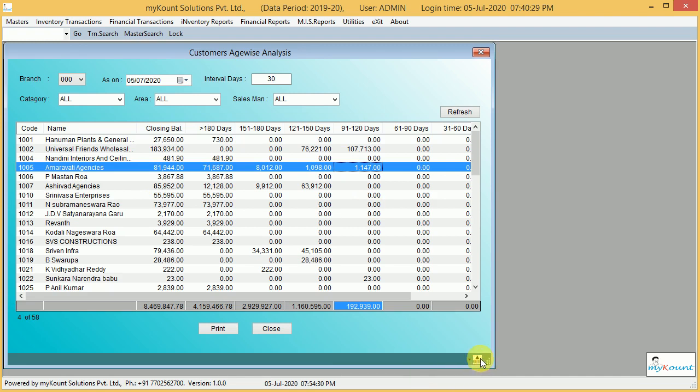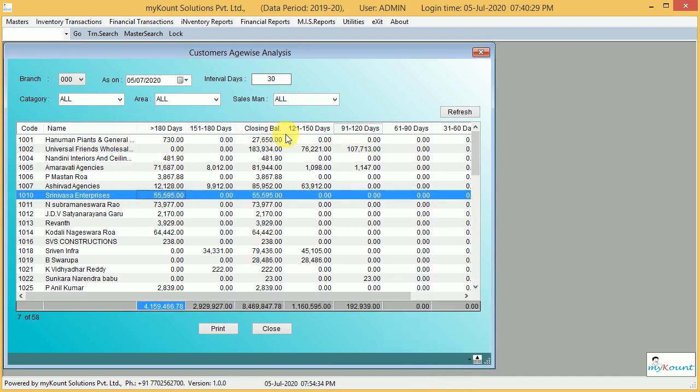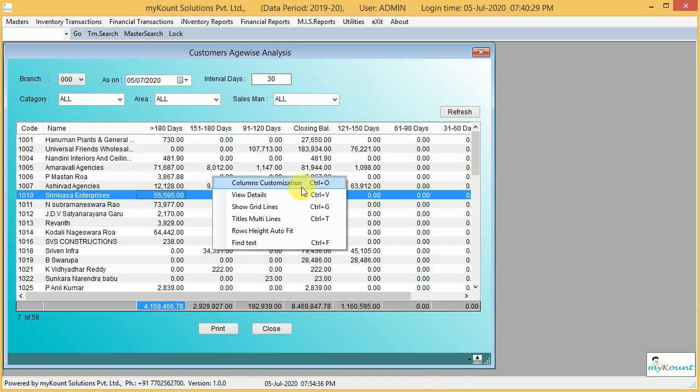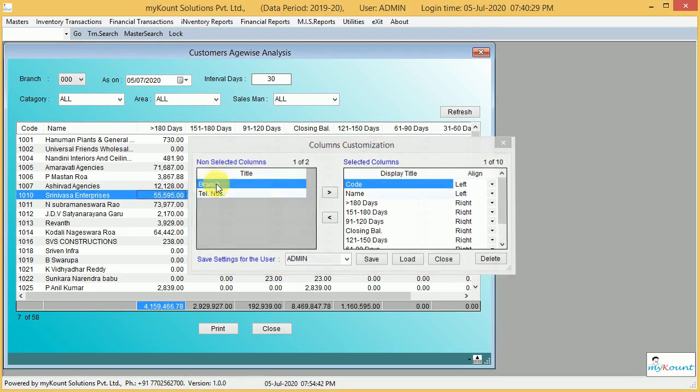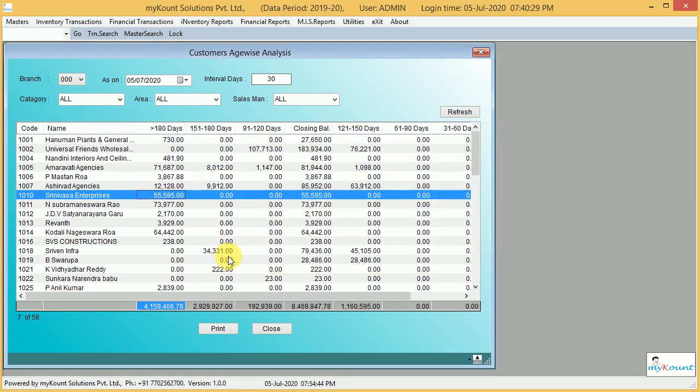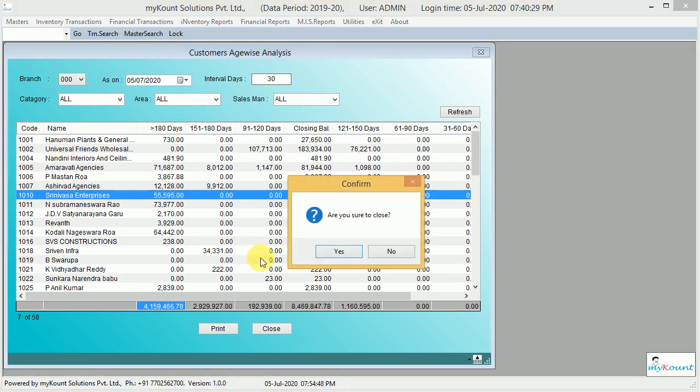Same, we can take Excel export as well by reordering columns, and unwanted columns we can move to non-selected columns as well. So this is customer debit balances age-wise analysis. Next,